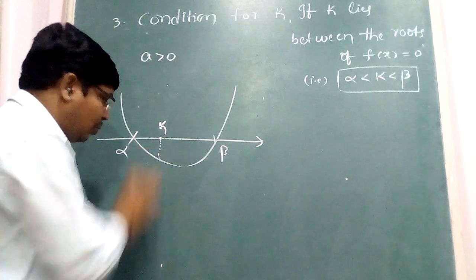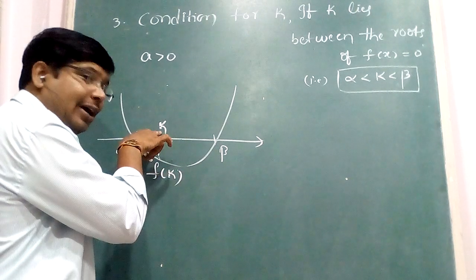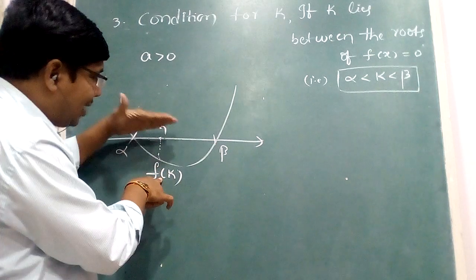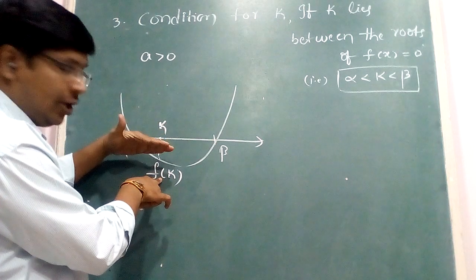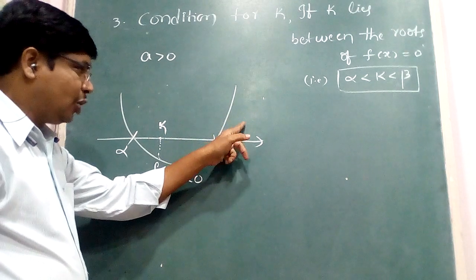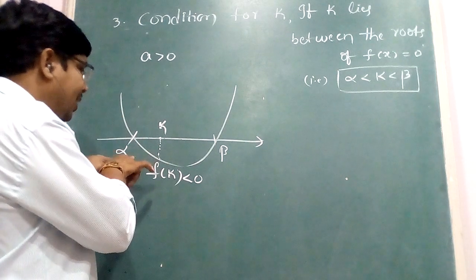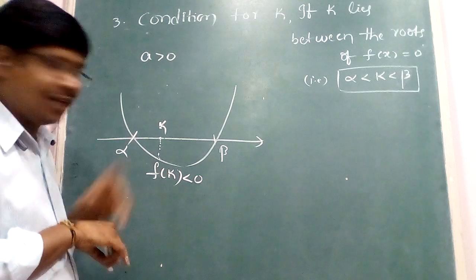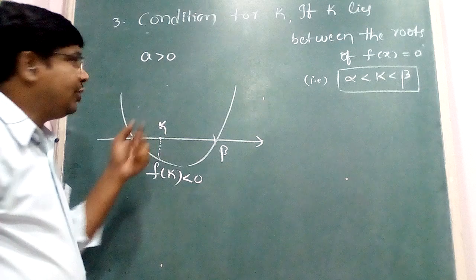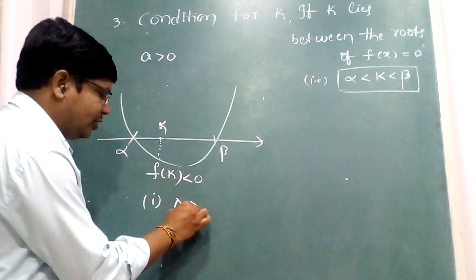At this particular point on the graph, that value is f of k. At k on the x-axis or number line, the f of k value is below the x-axis or below the number line, so you can take it as negative. You know this already, everyone. Wave curve method: positive, negative, positive. Now here delta is never equal to 0 because alpha is not equal to beta. Between them one of the numbers is there. That's why the first property is delta greater than 0. First condition.